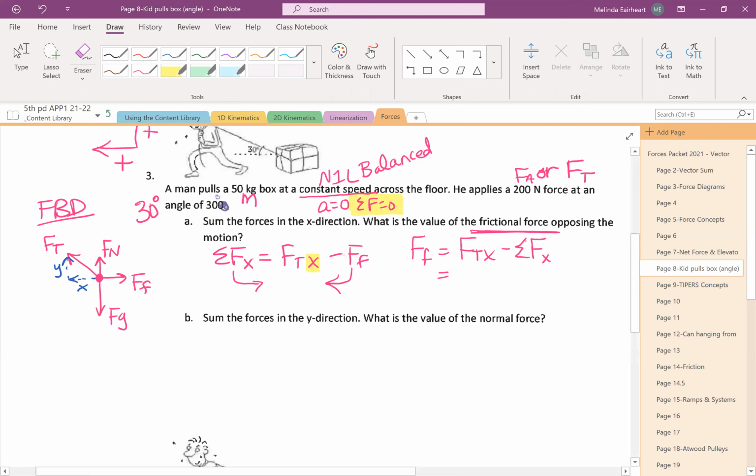And so you can go on and zero it out, or what you may see other problems do, and it's not a bad thing, okay? At some point you have to recognize it zeroes out, but maybe you're like, oh, Newton's second law, F net equals ma, and with constant speed there is no acceleration. And so F net does zero out, which means the frictional force